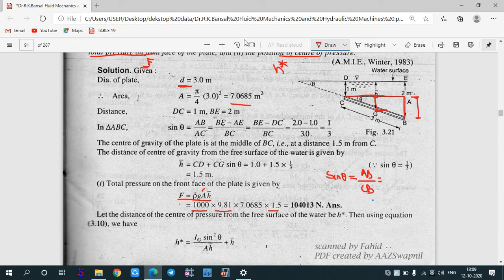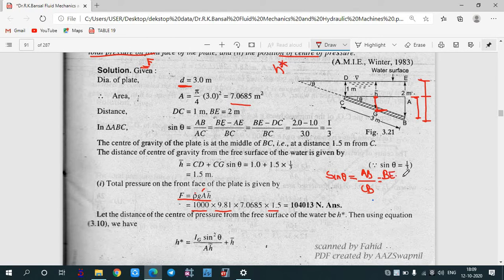Now you can see that, let me raise this. AB is this much height, but we know the height from B to E. The B to E height is 2 meter. This total height is 2 meter. We know the height of CD, so if we minus this value, from here to here, this will give you the value of AB. So AB is replaced by BE.